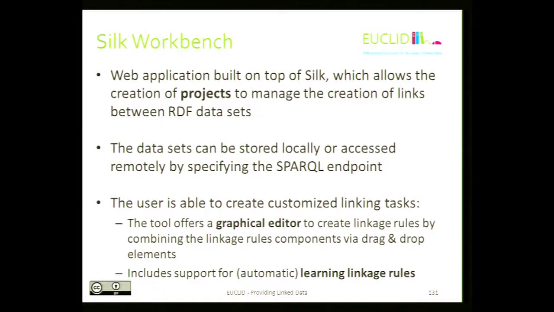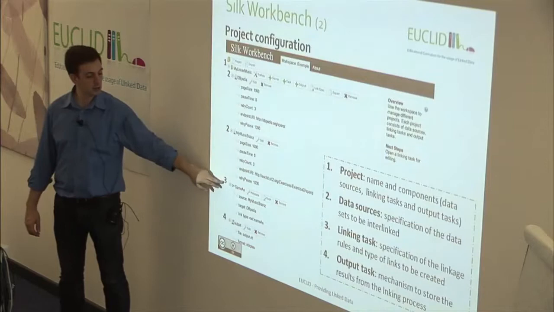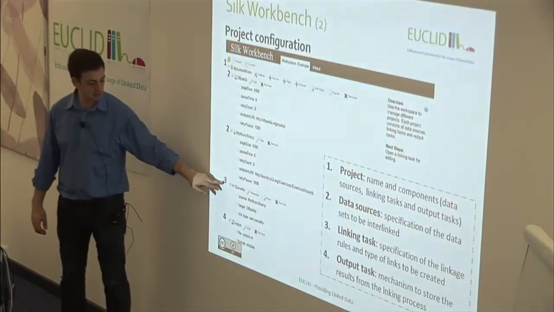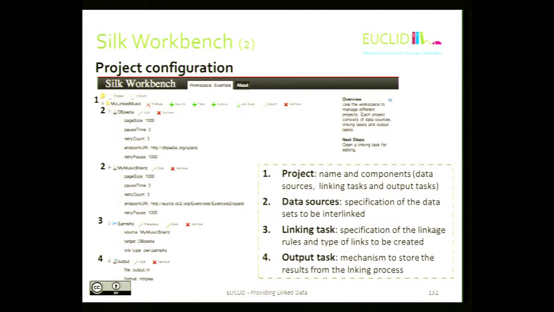So, Silk provides a workbench with a graphical editor to drag and drop these data sets and to create rules, including with some external hookups to actually learn rules rather than specify them by hand. It looks as follows, and gives you nicely a few statistics on the data sets that you're dealing with. So we've loaded DBpedia, loaded MusicBrainz, we're creating some sameAs links between them, and this is the output that we're going to produce. So we can set all of the parameters to get those in and take them out,